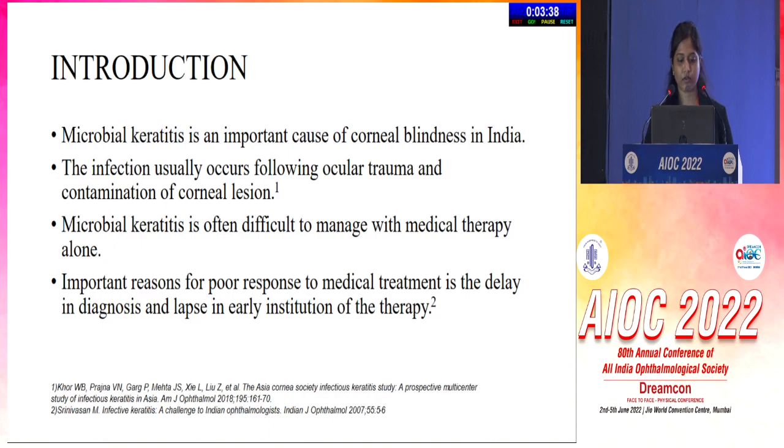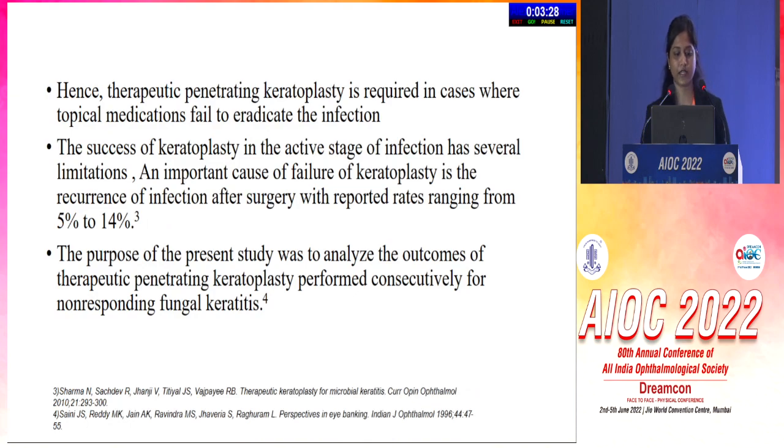Microbial keratitis is often difficult to manage with medical therapy alone. The important reason for poor response to medical therapy is the delay in diagnosis and lapse in early institution of therapy. Hence, therapeutic penetrating keratoplasty is required in cases where topical medication failed to eradicate the infection. The success of keratoplasty in the active stage of infection has several limitations. An important cause for failure of keratoplasty is the recurrence of infection after surgery, with reported rates ranging from 5